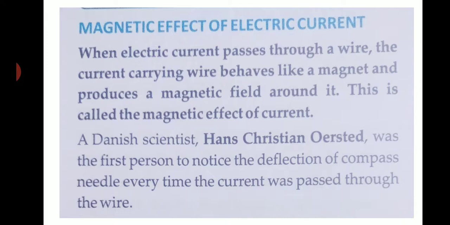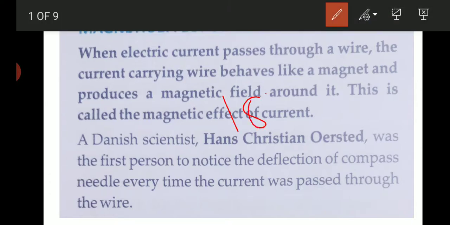Each magnet has two poles, the north pole and the south pole, and these poles always exist in pairs. A magnet is not the only thing that produces a magnetic field; an electric current in a conductor also produces a magnetic field. Such magnets are known as electromagnets, and this was first observed in 1820 by the Danish scientist Hans Christian Ørsted.